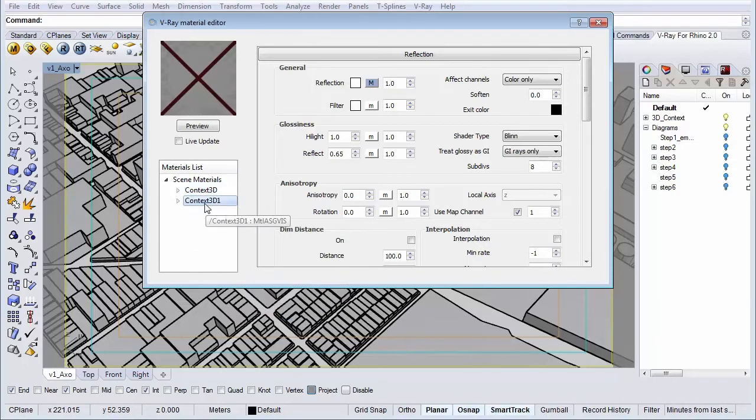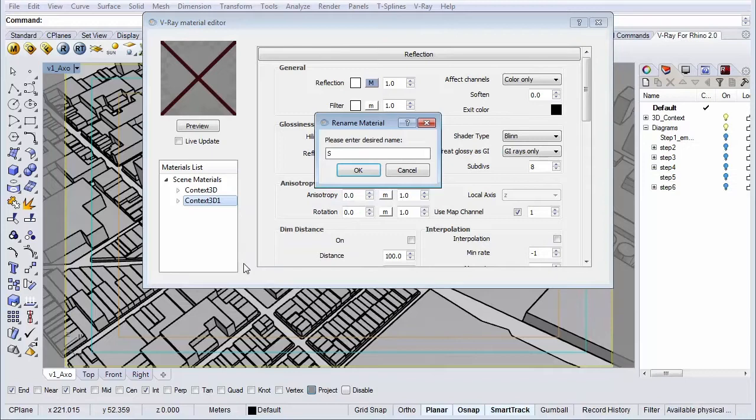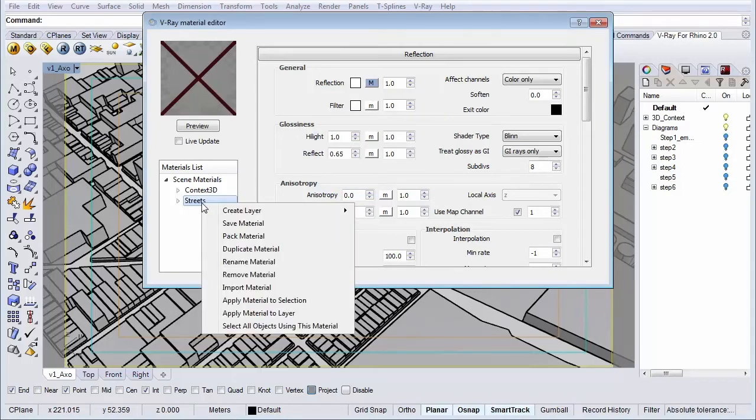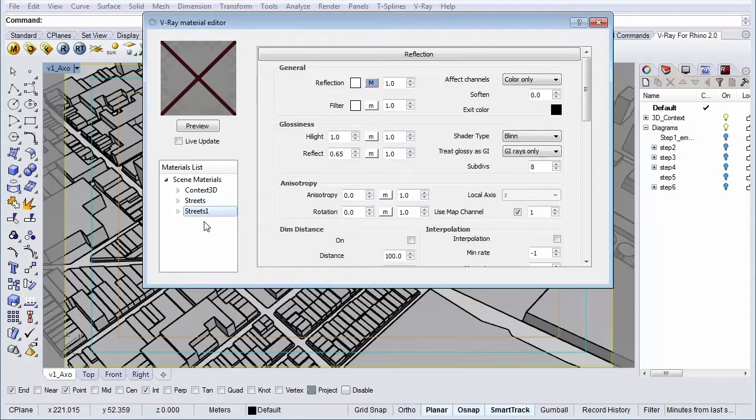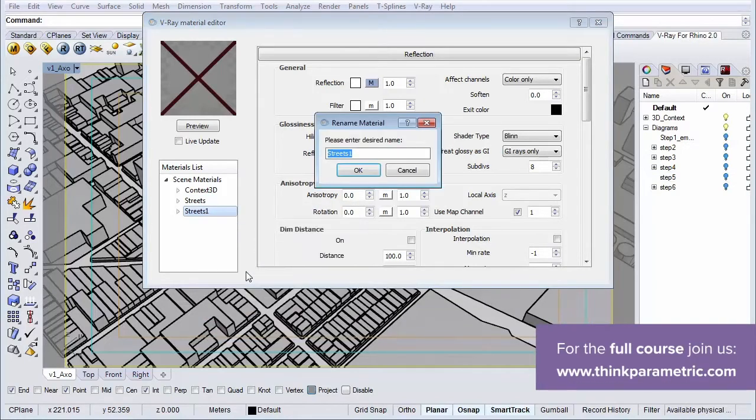And let's rename this material to Streets. And let's repeat the process. So right-click and duplicate material. And let's rename this material to Sidewalks.